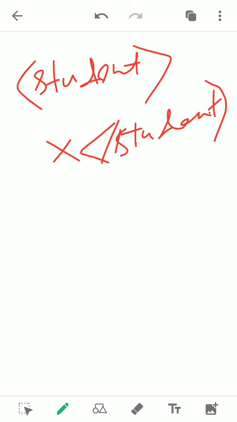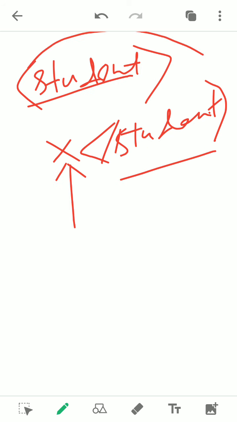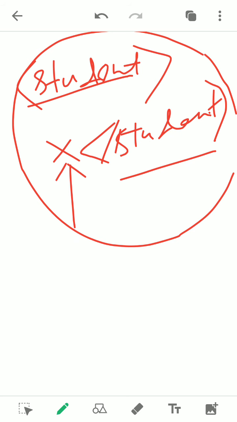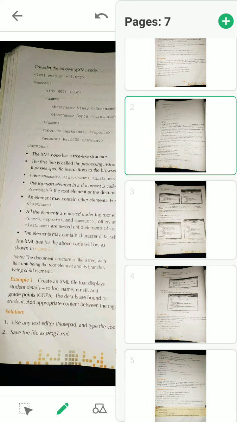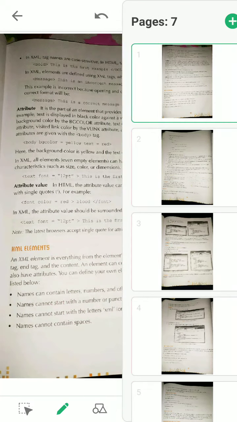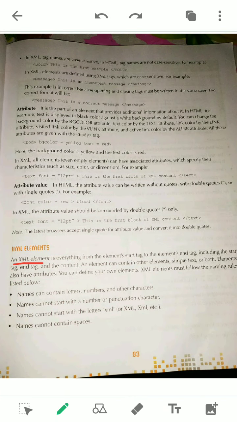Here, which part is content? 10 is the content. This is the start tag, this is the closing tag. So the entire part is known as an element. Now see the definition: an XML element is everything from the element's start tag to the element's end tag, including the start tag, end tag, and the content.